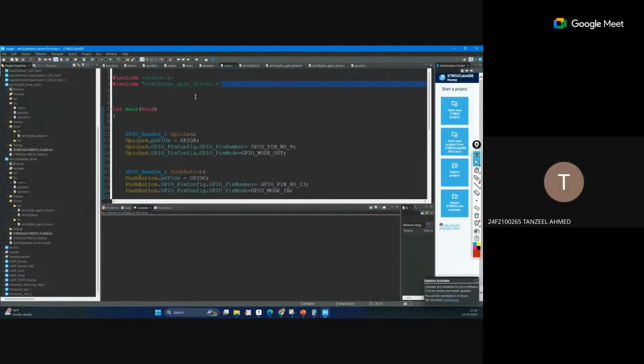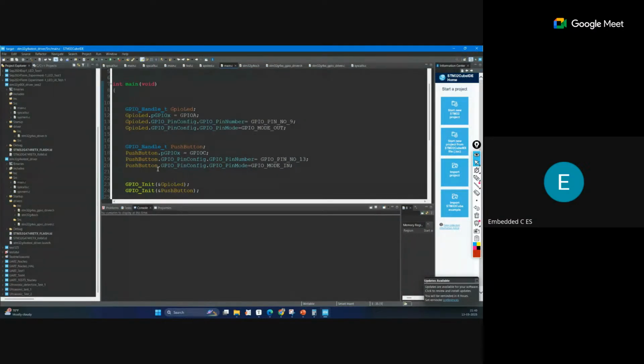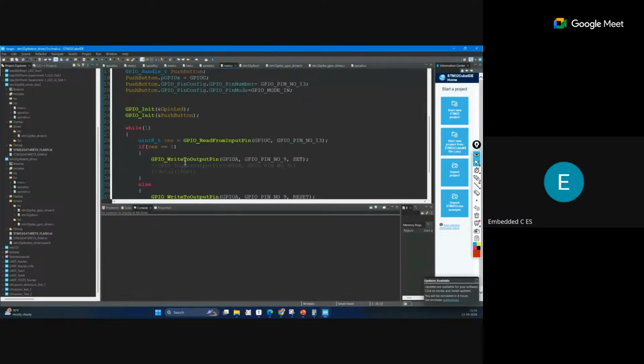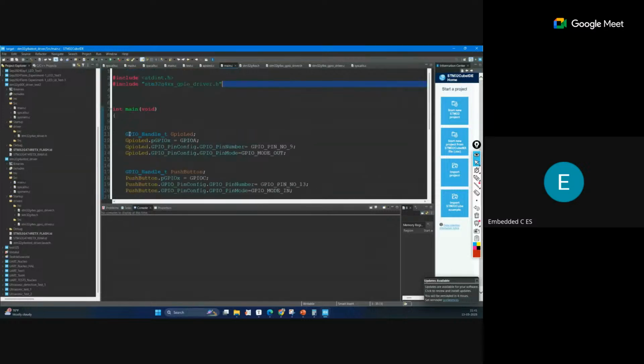I mean, just to be clear, you understand my question, right? I understand. So you are saying that in the main function we are only including this header file, and we are calling the functions of that file, and this is accessible by the c source file, and we are not including that source file anywhere.